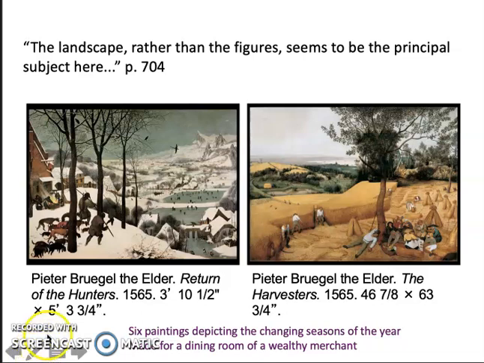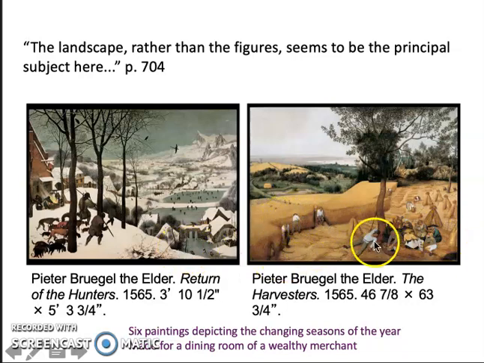In terms of nature, among the most wonderful landscape paintings of the time are these by Peter Bruegel the Elder, one of the great painters of the 16th century North. A series of six paintings that represent the changing seasons of the year. So they call back to the Très Riches Heures, where we had the calendar of the year. And like that, we see peasants, we see lower class people at work,